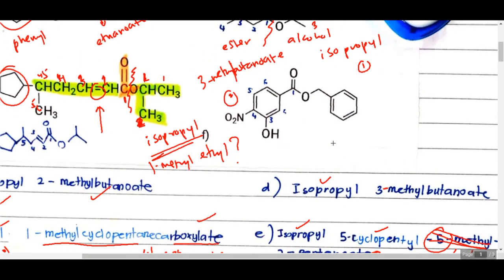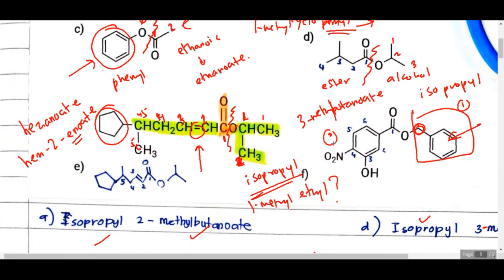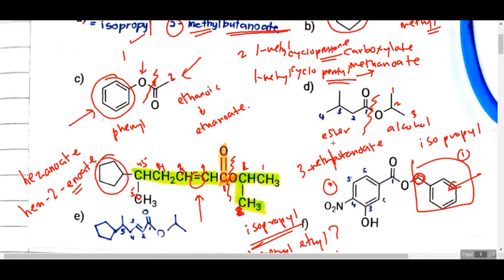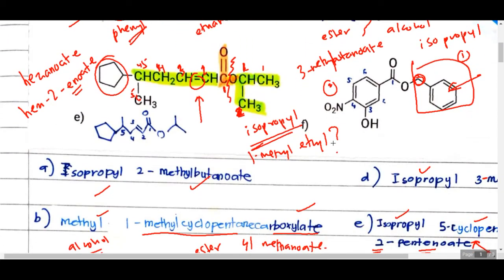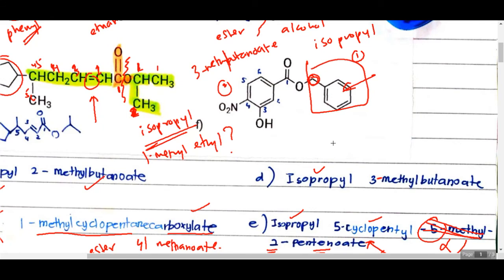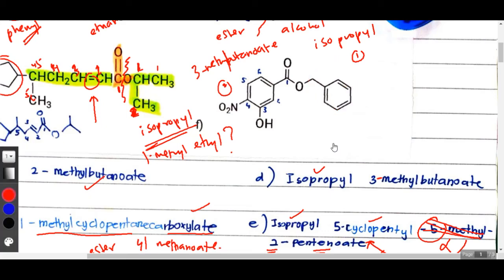All right, last but not least, the structure here, please take note, it does not only comprise benzene, it attaches to a carbon. Unlike the second example, where the benzene is directly attached to the oxygen. So if we take the benzene, it becomes phenyl. However, for this one, we have not only benzene, it is also attached to a carbon. So the name should be